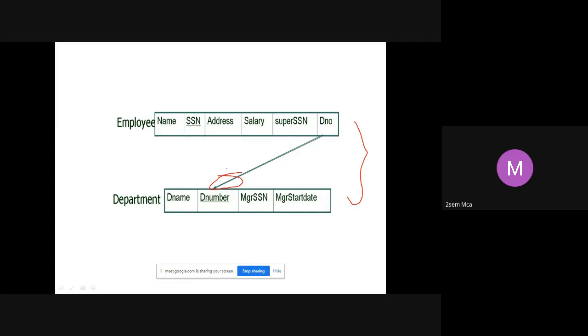This D number is acting as a foreign key. Where is that D number referring to? It is referring to the D number in the department, the original primary key there. D number is a foreign key in the employee. So how should you show the mark? Your arrow should always point to the primary key. It should not point to the foreign key.